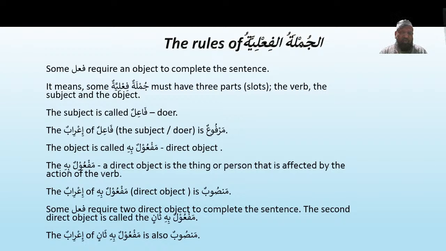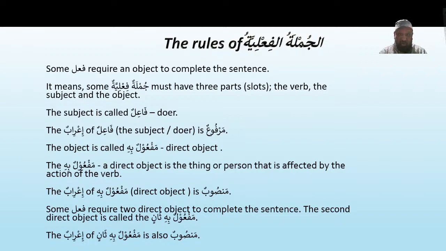The subject is called the fa'il, the doer. The i'rab of fa'il is marfu', as we've learnt. The object is called maf'ulun bihi, the direct object. The maf'ulun bihi is the thing or person that is affected by the action of the verb. So any ism we see in jumlatul